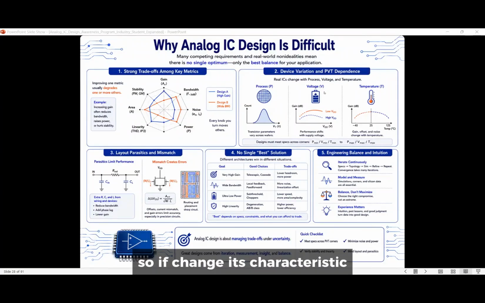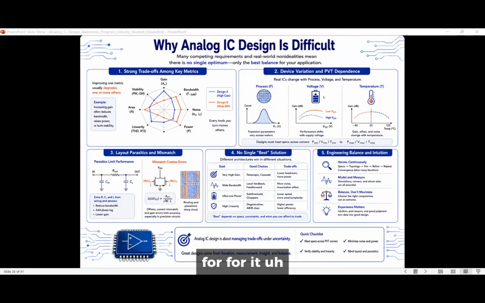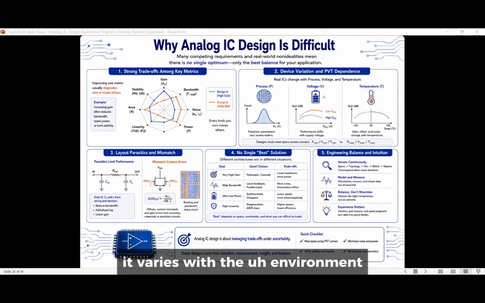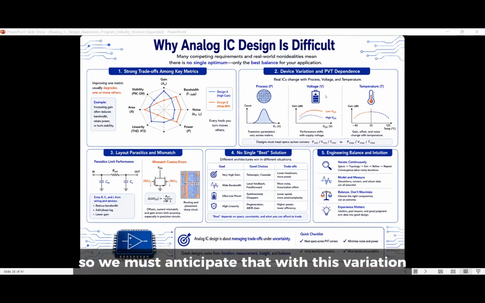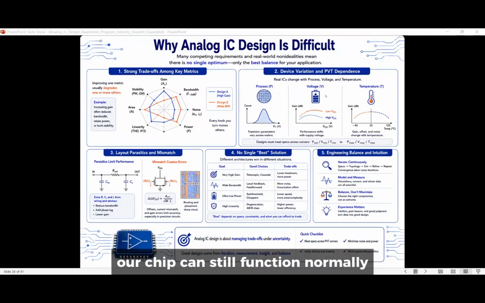It changes its characteristics, varying with the temperature. So it varies with the environment. So we must anticipate that, with this variation, our chip can still function normally under the variation